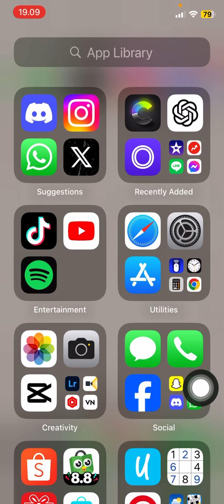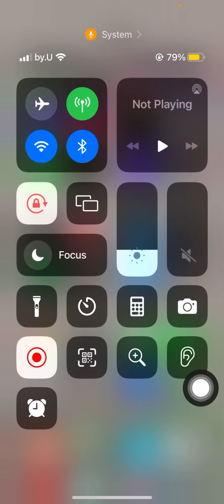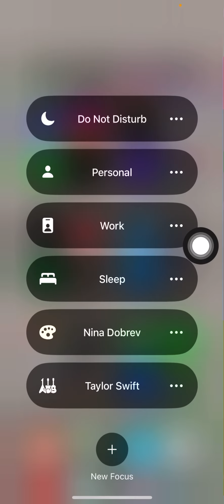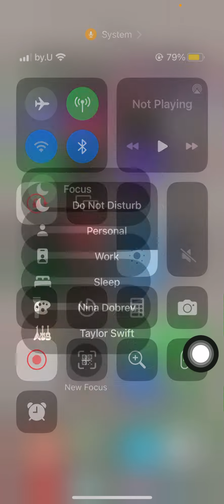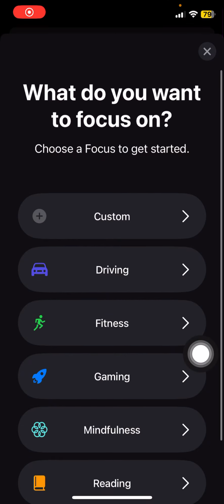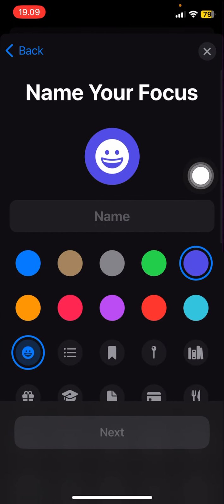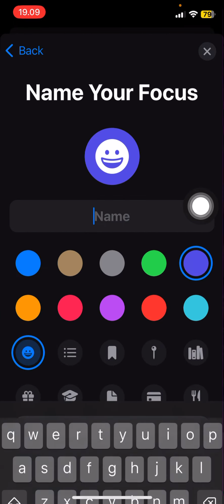In this video, I'll be showing you guys how you can switch iPhone themes using the focus mode on your iPhone. So drag the control center to the right side of your screen, select focus mode, and select whichever one you want here. I'm just going to select new focus. It's going to bring me here, and just select any or select custom. Name your focus anything,